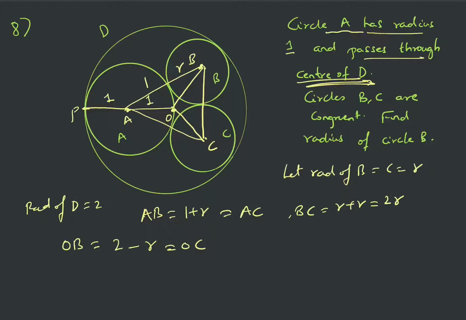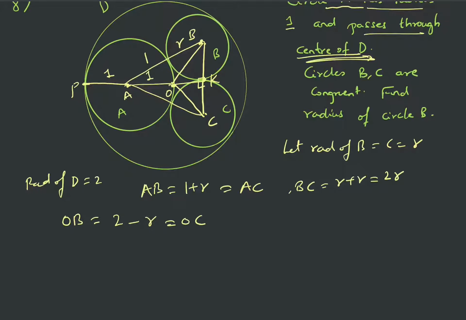Okay. So I mean you can see that this triangle ABC is isosceles, right? With AB equal to AC. So this will be perpendicular, right? By symmetry this is perpendicular and these two are equal to R. So this is perpendicular. Fine. Let us say this point is some K. Okay. Now if you see this right angle triangle, this is R, this is 2 minus R, then you can find OK, right, in terms of 2 minus R and R. And if you see this bigger right angle triangle, you know this is 1 plus R, this is R, then you can find AK.